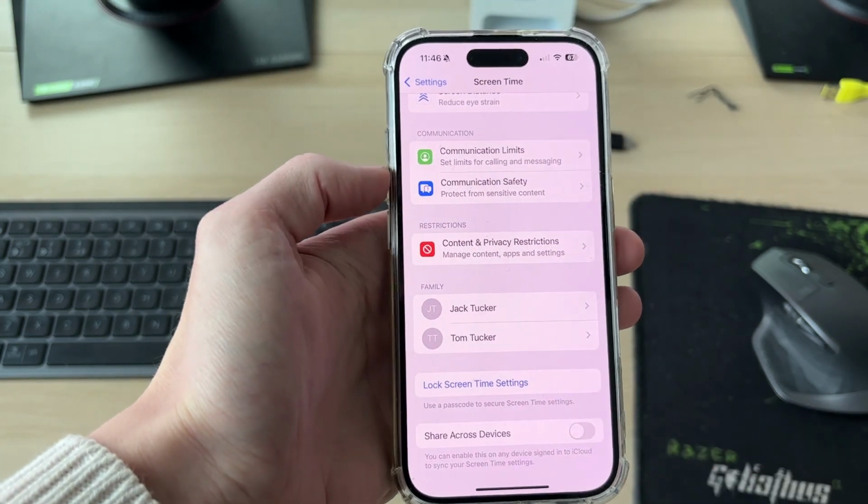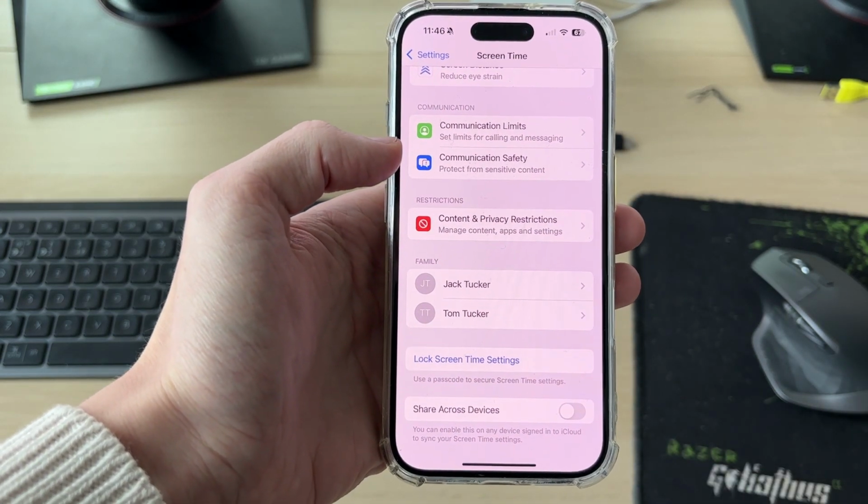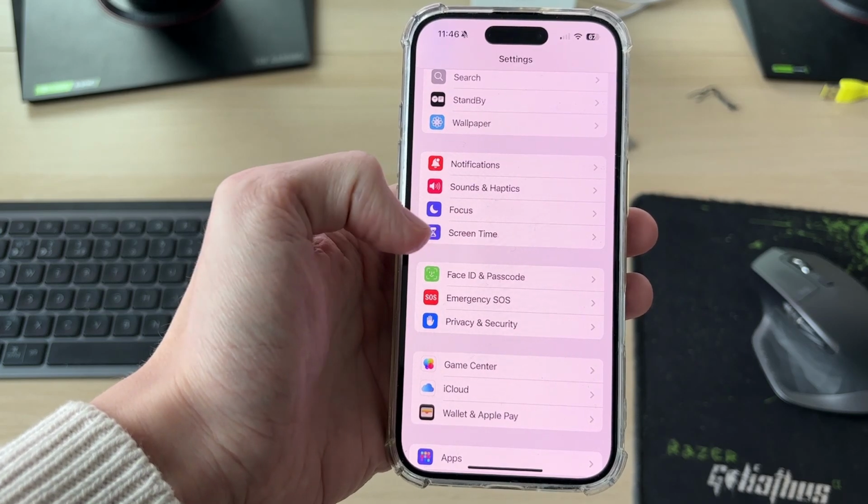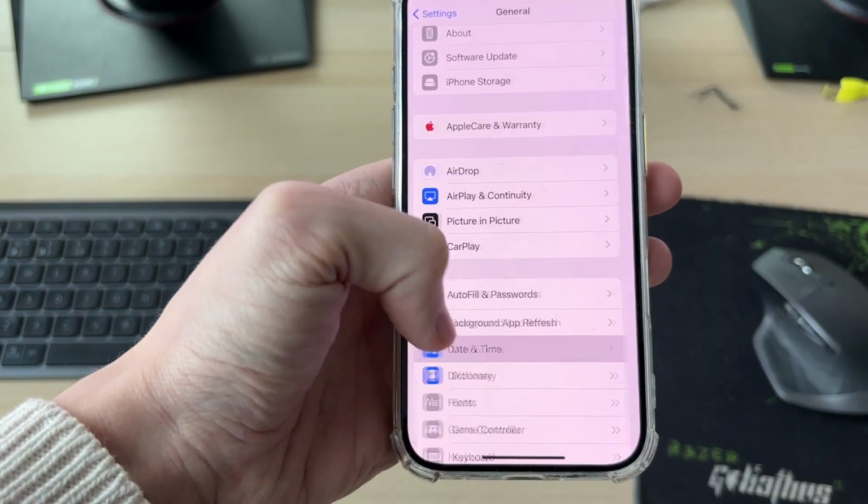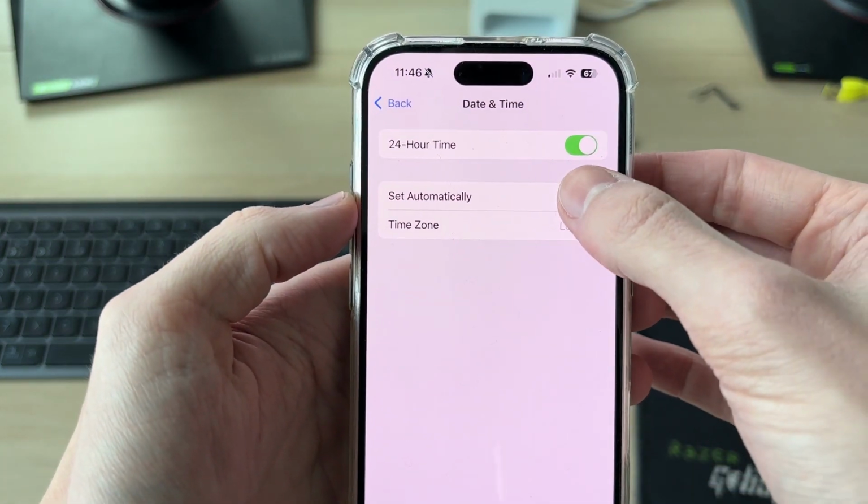And now that it's turned off, if you don't know the passcode, you have to get the person who does to enter it. You want to then return to the date and time setting. So we'll tap here. And as you can see, I can then go and switch it off and I can